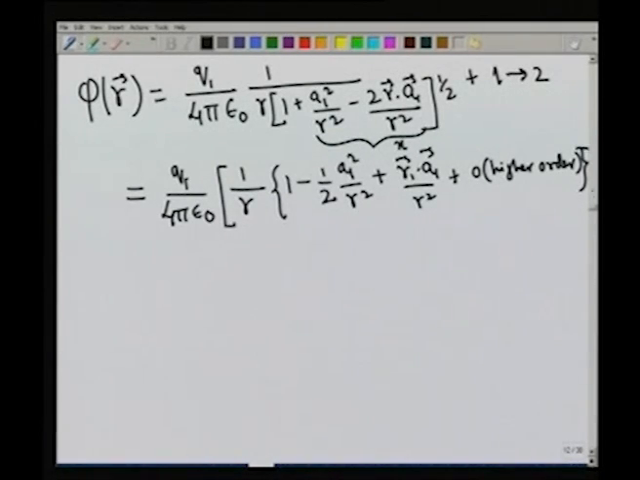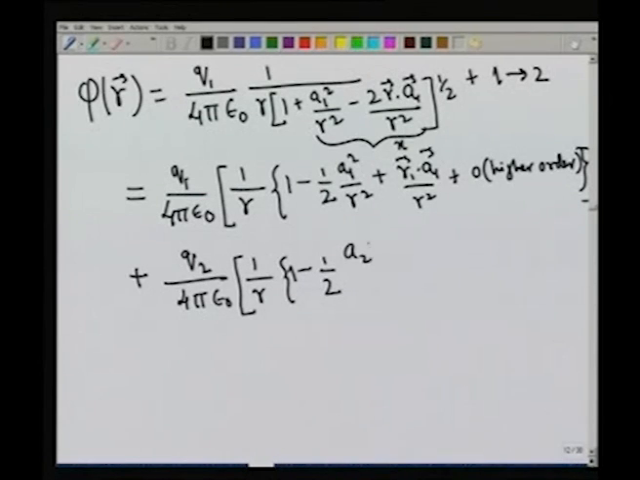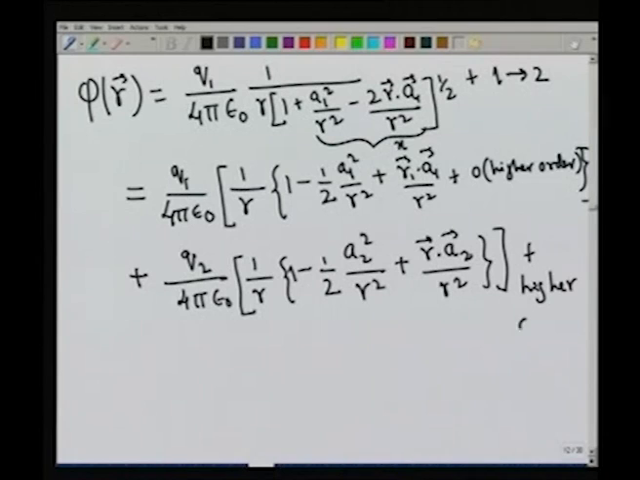In a similar manner, the next term is going to be Q2 over 4 pi epsilon naught. Let me open the bracket again. 1 over R. This time it will be 1 minus half A2 squared by R squared plus R dot A2 divided by R squared. And again you have higher order terms. So by making a binomial expansion, we have been able to simplify our expression,